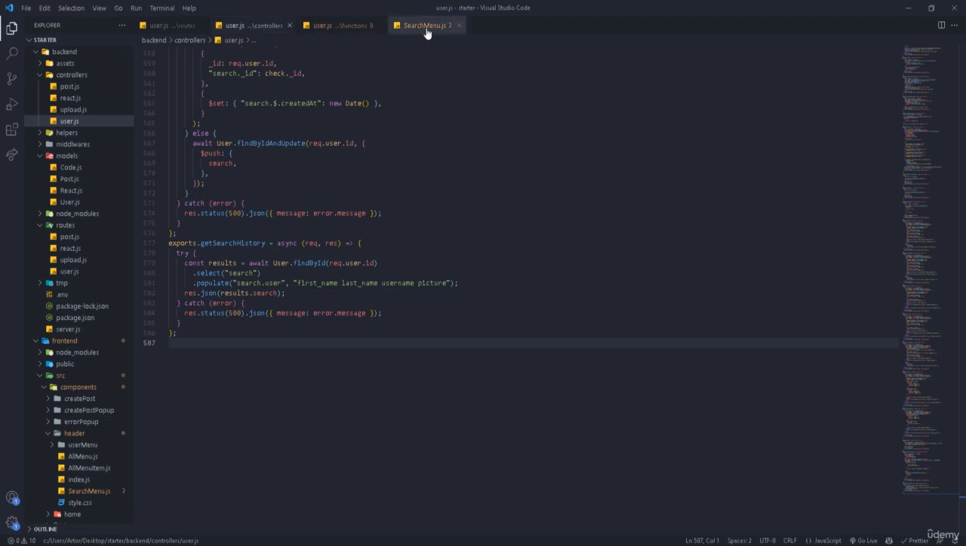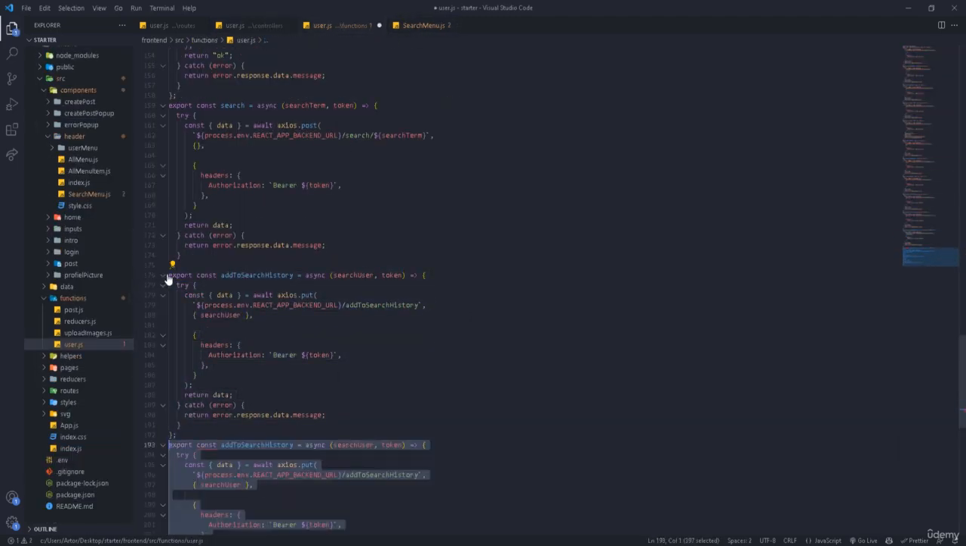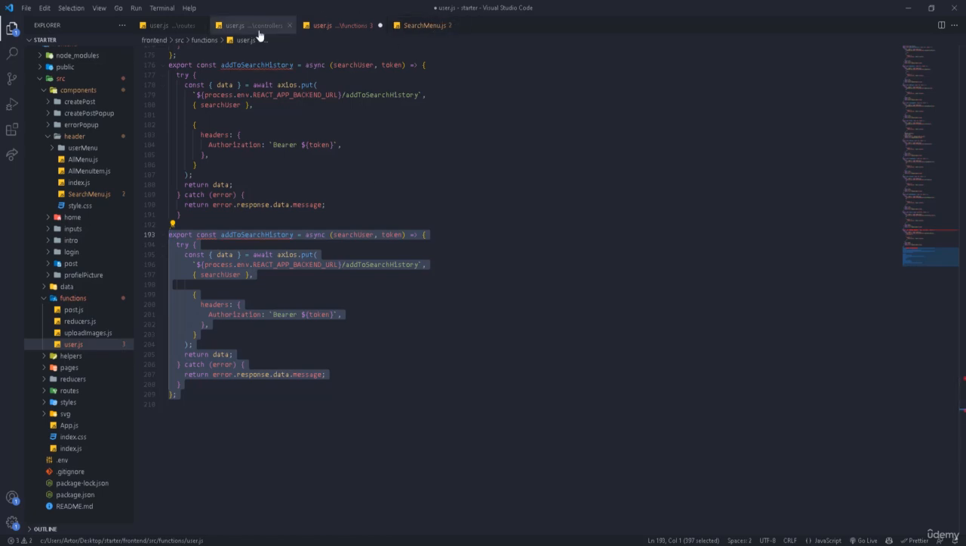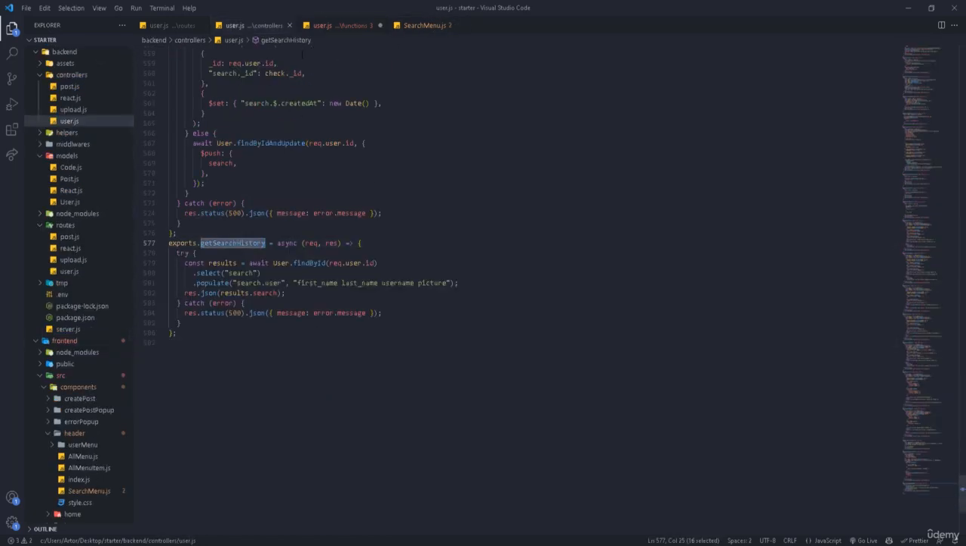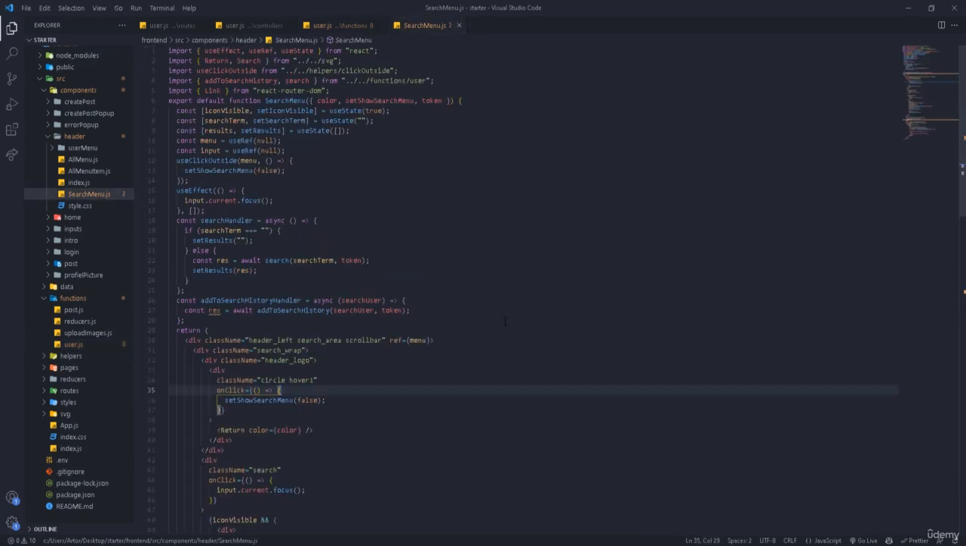I'm gonna go back to the search menu. Let me create the function right here. Okay, let me get the name of it, get search history. So right here, and then right here, this is gonna be get. Okay, we're not gonna need nothing right here, and we're gonna return the data. We actually don't need nothing except the token. So okay, you can take the name of the function, go back to the search menu, and